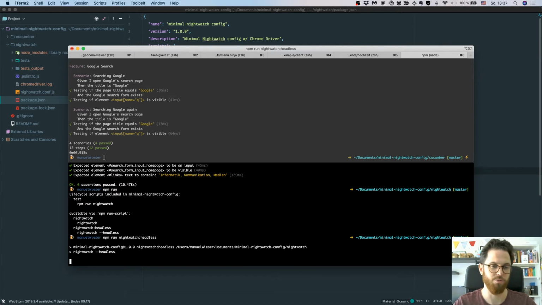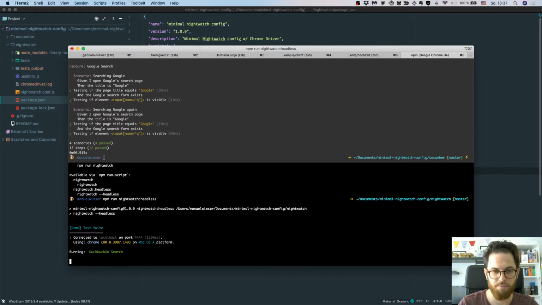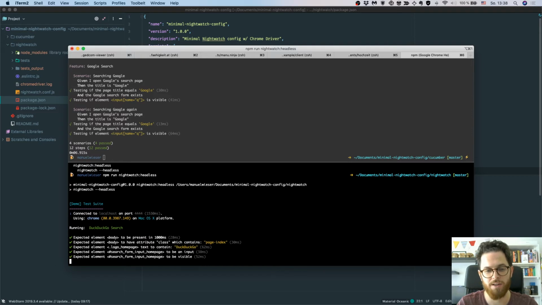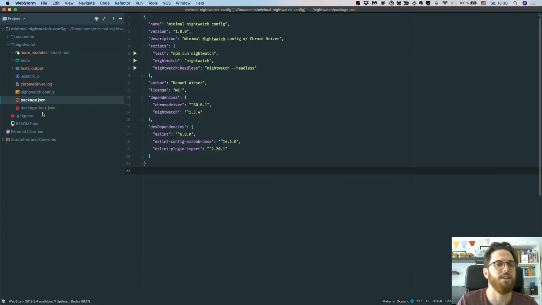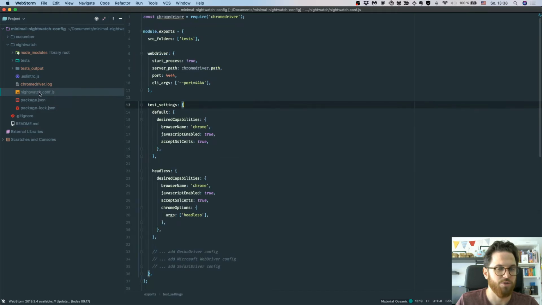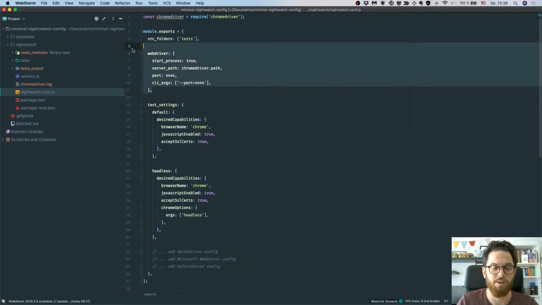And this is what you would do in a CI pipeline, for example, or with local development, because you might not want to watch your browser each time that it does all of those things. And this works the same. Now, in here, I just have a very small Nightwatch config file. You can have a look at the documentation to see what all of those things do, but basically you have to configure your WebDriver, which in my case is Chrome, and then you can